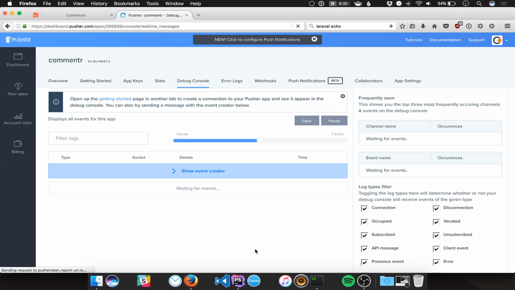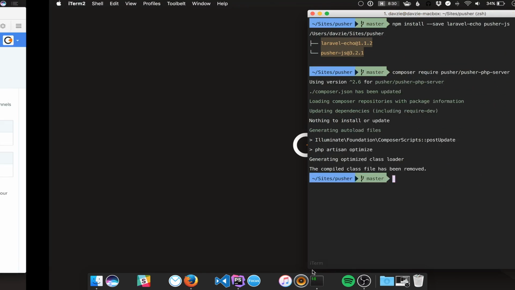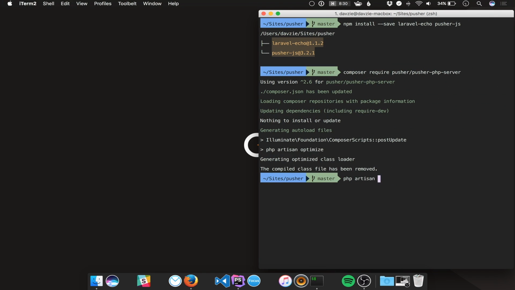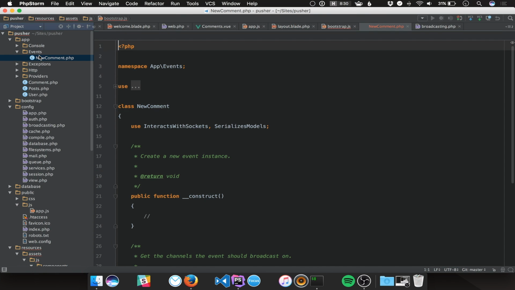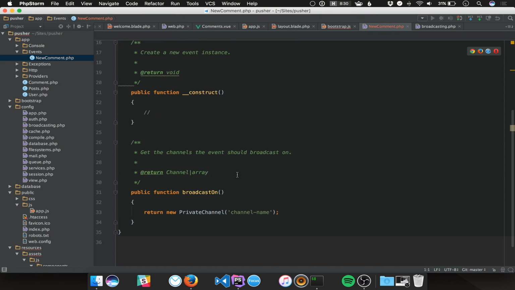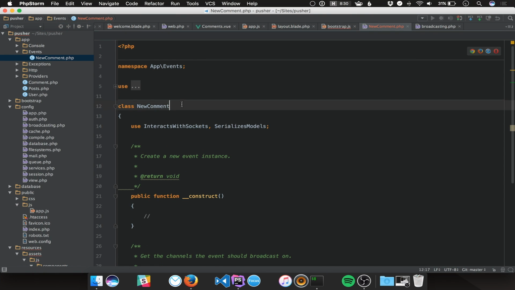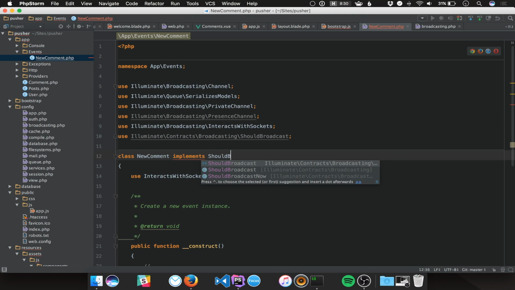So what I'm going to do is leave this running, and we're going to start off by creating a new event. So we'll do PHP artisan make event, and I'm going to call it new comment. What's awesome about the fact that this is all built in is I don't really need to change anything. The only thing I want to do is implement ShouldBroadcast, because that tells Laravel that we actually want to make sure that this gets sent to Pusher